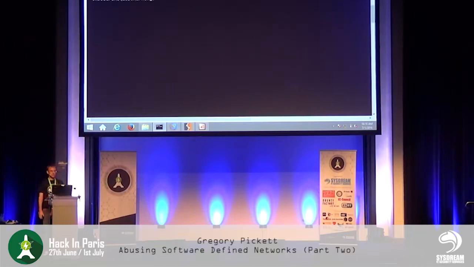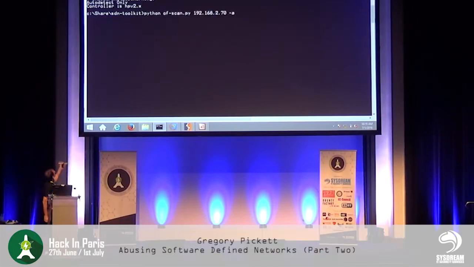And then, of course, in some cases, especially when there's authentication involved in something like a token, it's going to make sure it has a token back before it confirms that. And that can take some time, especially if something is not actually there at that port. The connection has to time out. So it's an auto detect only. Does that even work? Oh, roll me back. So auto detect only controller is HP version 2.x.